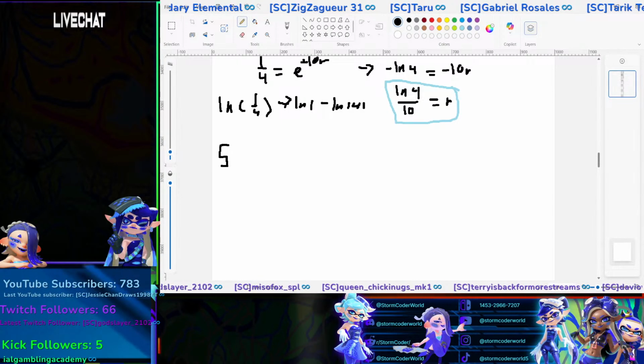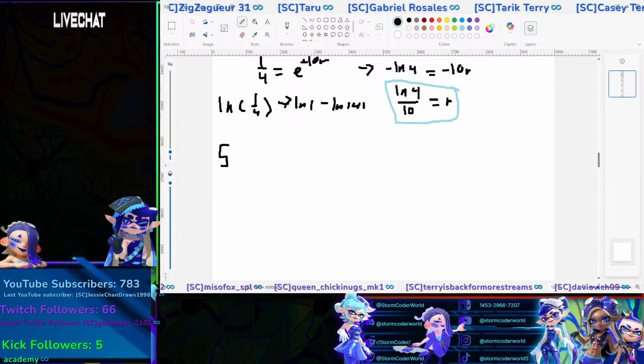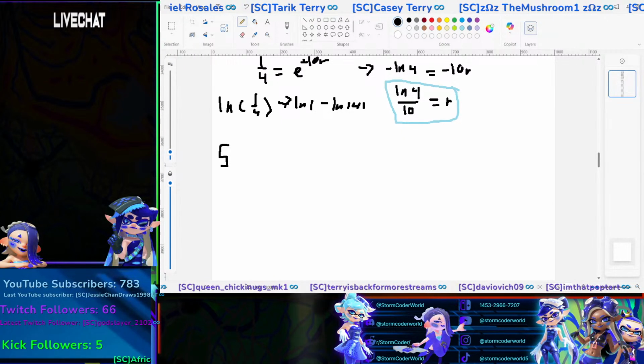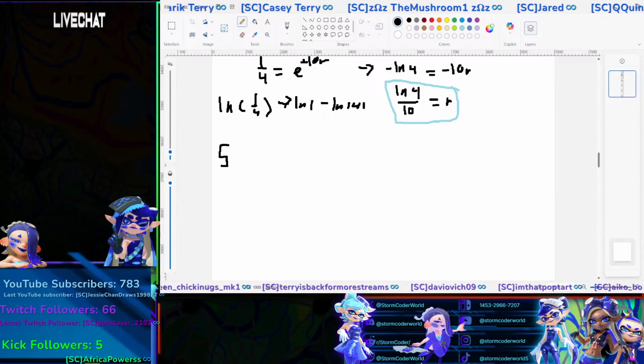Okay, so now I'm trying to think if this is like a repeated root problem,